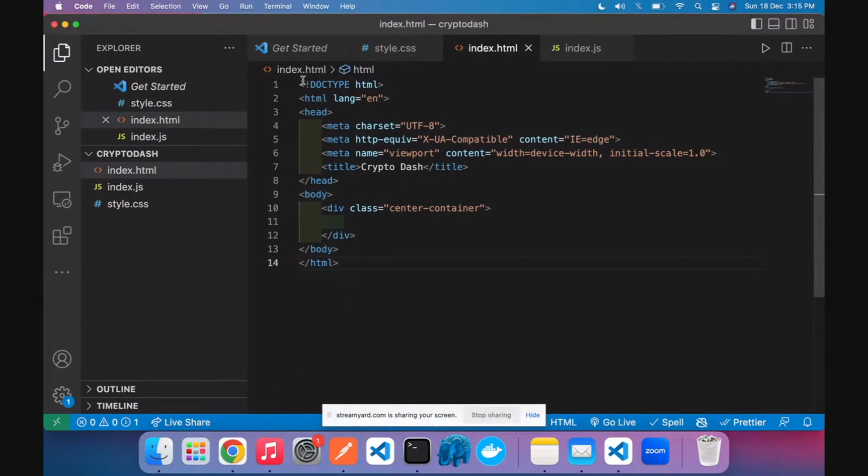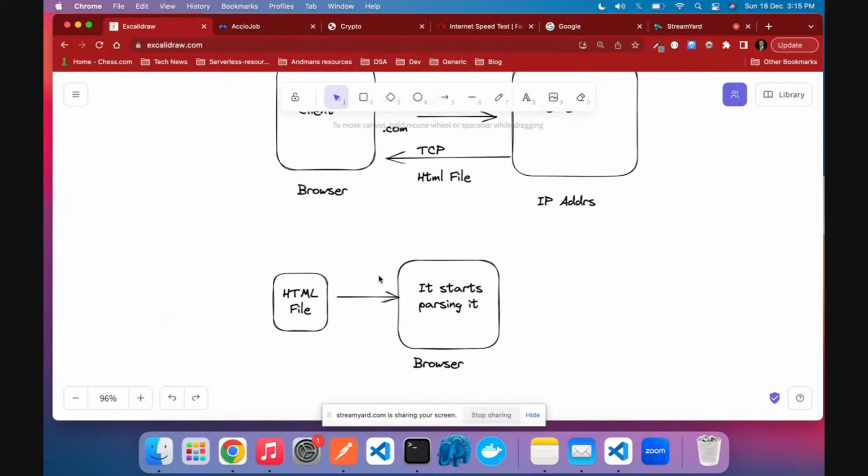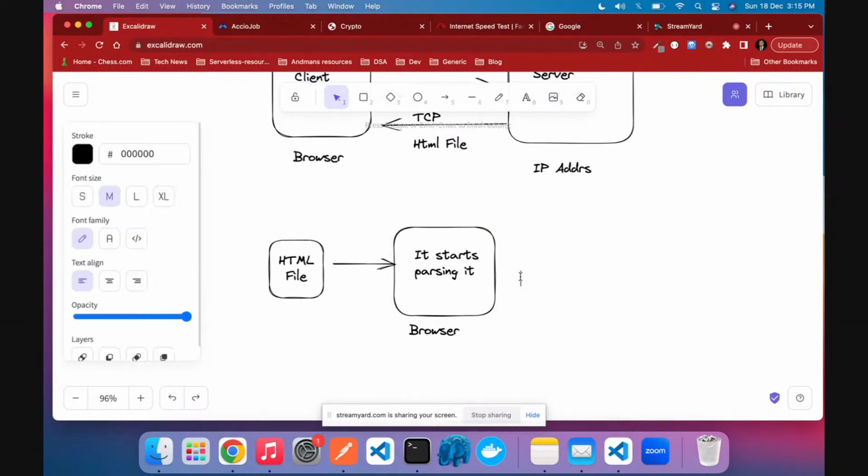So your browser starts reading them from top to down, and then the browser parses your HTML tags, and then it needs to start creating something called DOM objects, right? So these HTML elements here, the browser takes this HTML element and starts creating something called a DOM element. Right. So let me go back here. So browsers start creating something called